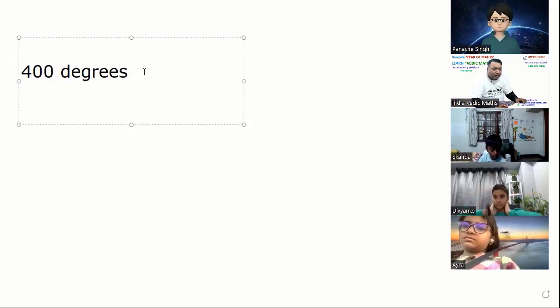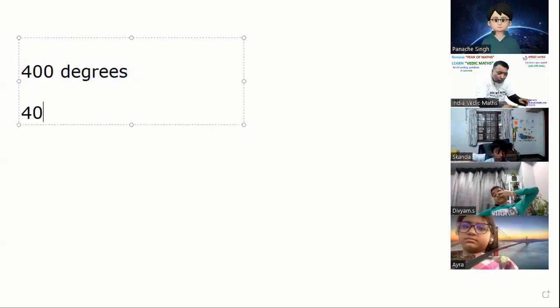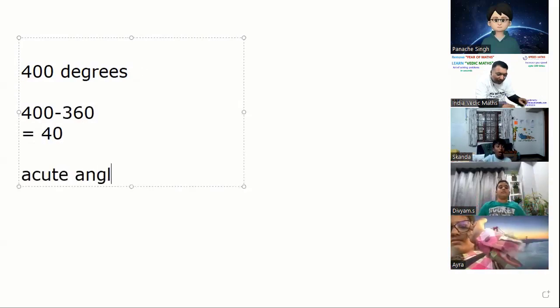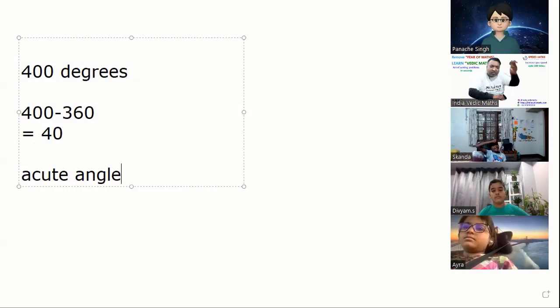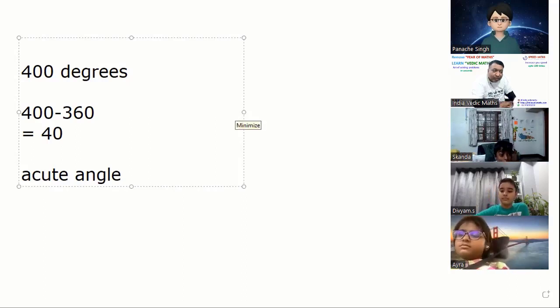So see guys what happens. We know the complete circle or full angle is 360 degrees. So if you have to know which angle 400 degrees is, you have to subtract 360. How much do you get? 40. You will say, sir, it is an acute angle, because above 360 it is restarted to 40 degrees. Got it, everybody? If it is more than 360, you subtract 360 so that you can calculate. So it becomes an acute angle.